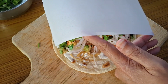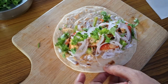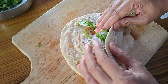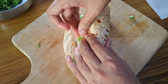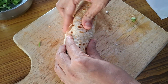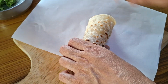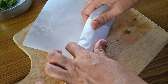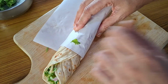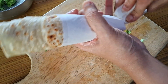I'll use a sheet that is almost as big as the paratha itself. Just start rolling it up from one end. Keep it a tight roll. Place the sheet till halfway of the roll and wrap it around the end. Just squeeze it in